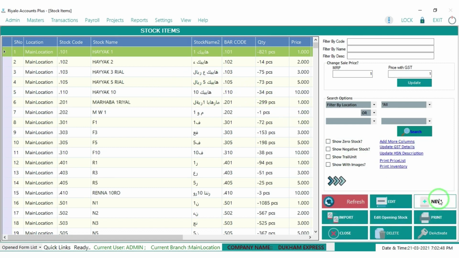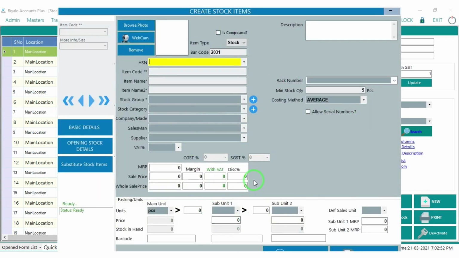If you want to add a new product, you can just click the new product button, then a pop-up for creating a new stock item will open. In this section we can enter the code, details, category, the supplier details, MRP sections, and each and every section we can enable. Also, one option available is photo adding. If you have a web camera, and you want to add a product photo, you can directly connect the webcam and save the product images.